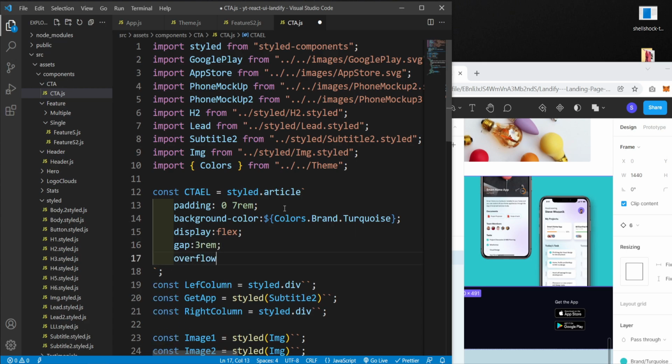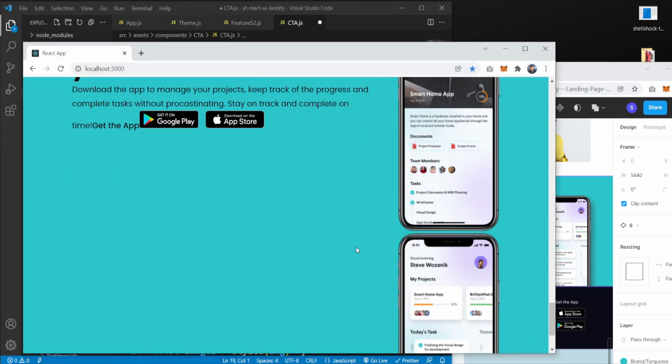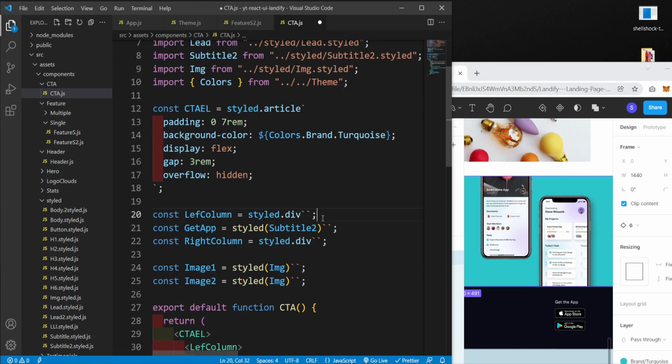Overflow to hidden, just like that. Come here, you can see that's like this. For the left column,